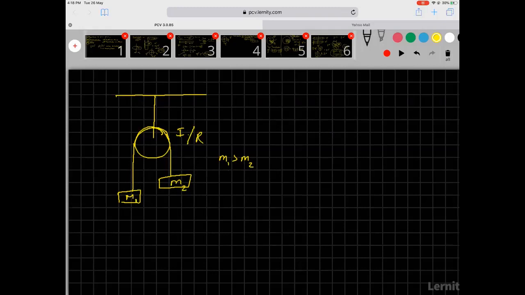The way you go ahead is to first draw the free body diagram. M1g is acting downwards, M2g is acting downwards. This is a single continuous string, so the tension will be the same. This is the case whenever the pulley is massless. Only when the pulley is massless, the tension will be the same on both sides.